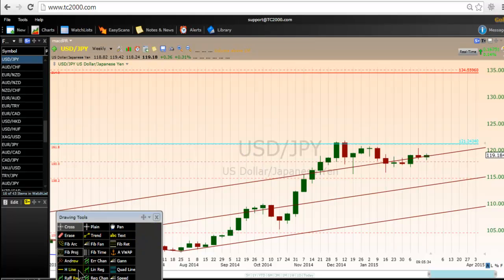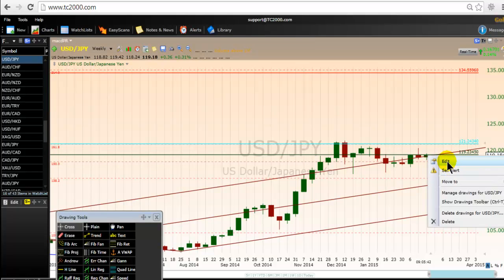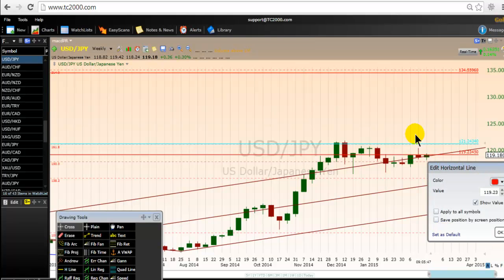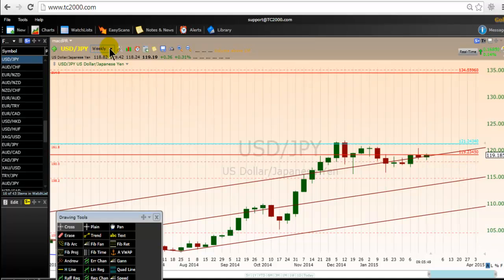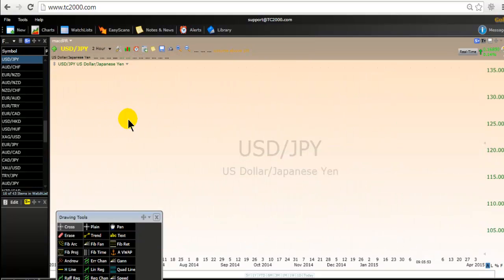For day trading purposes, the way it's sitting here, we can draw a tiny line like this at the level of 11923, colored red, because we're in a resistance zone. And then we can go, for instance, to a 2-hour chart. A 2-hour chart is better than the hourly chart because